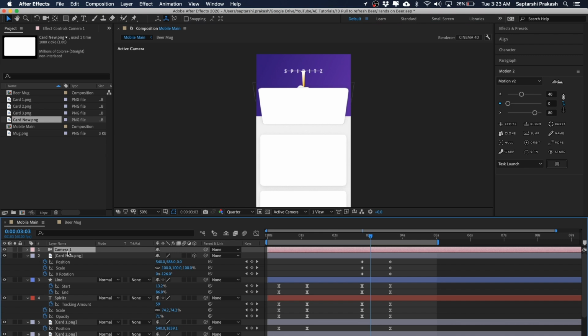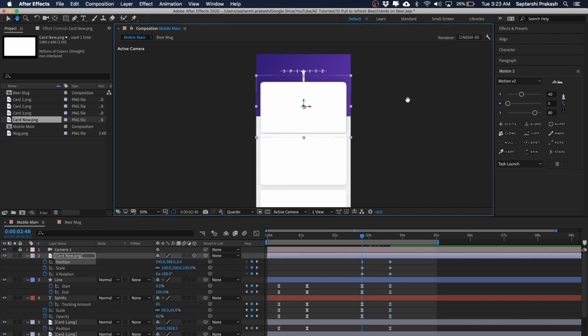Now you don't have to worry about anything. Don't do anything to it. Just hit a lock and forget that you ever put a camera here. The presence of this layer will ensure that your 3D layers are not distorted. So yeah, I have added the